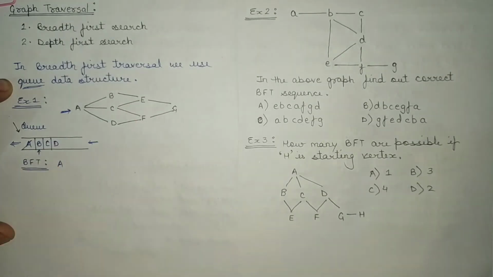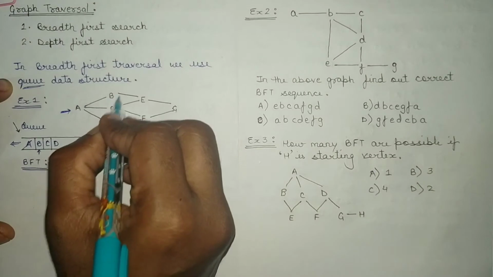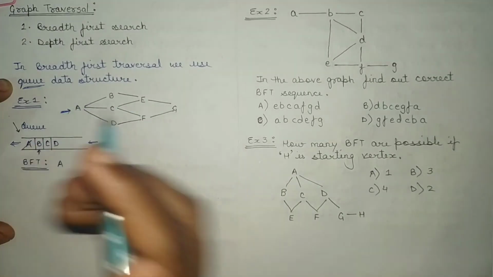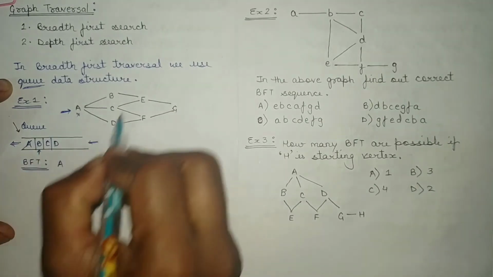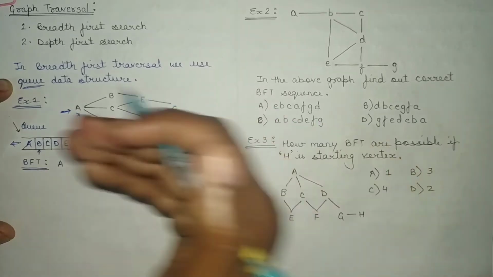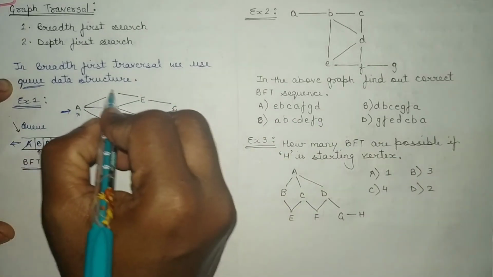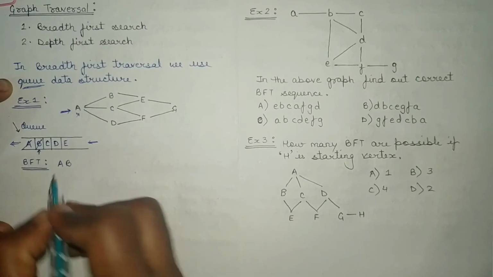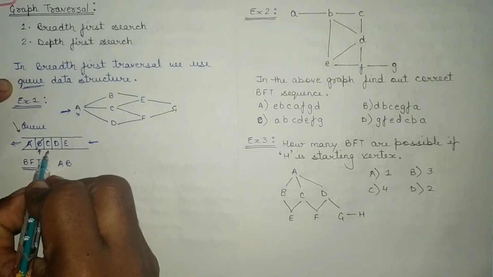Now again move on to the next element, which is B here. Now find out the adjacent of B. What are the adjacent values for B? C and A. A is already completed, so we do not need to worry about this. Now next is E. So E will be inserted in the queue. Now there is no adjacent for B which is left, so I'll be removing B as well and printing B.